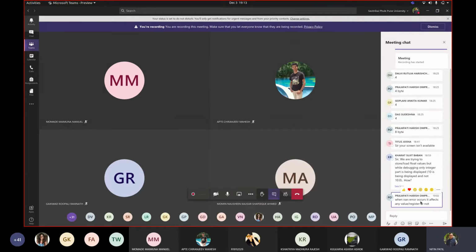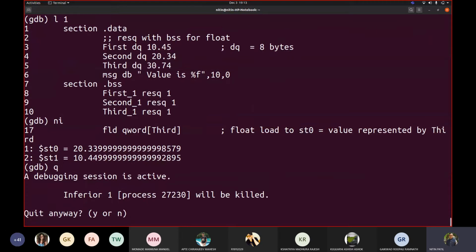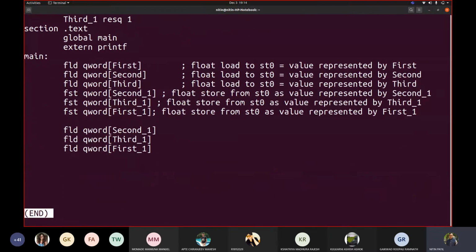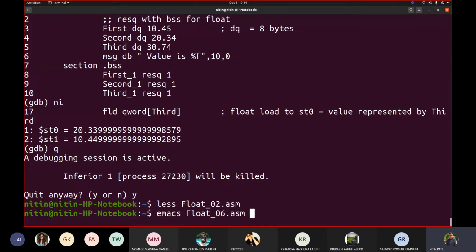Okay, so I assume we wrote it with float 1. No, we had 2, na? We wrote this one, na? 1, 2, 3, 4, 5. We wrote FLD, na? So let me show you that part.